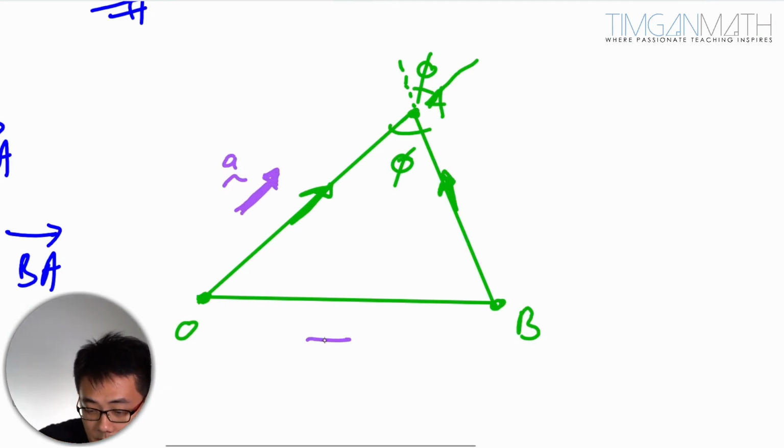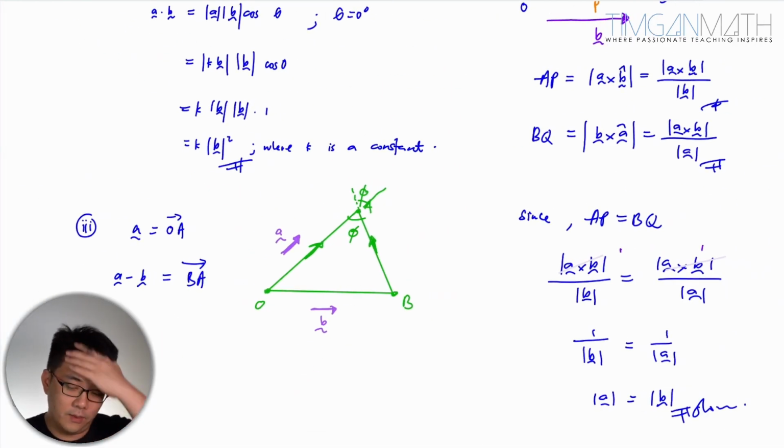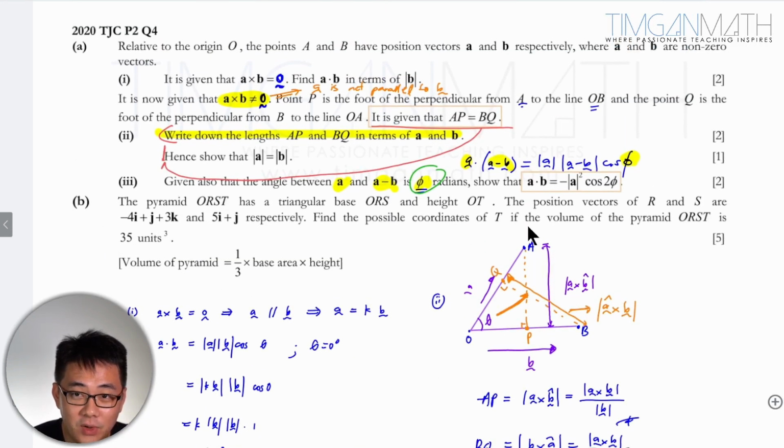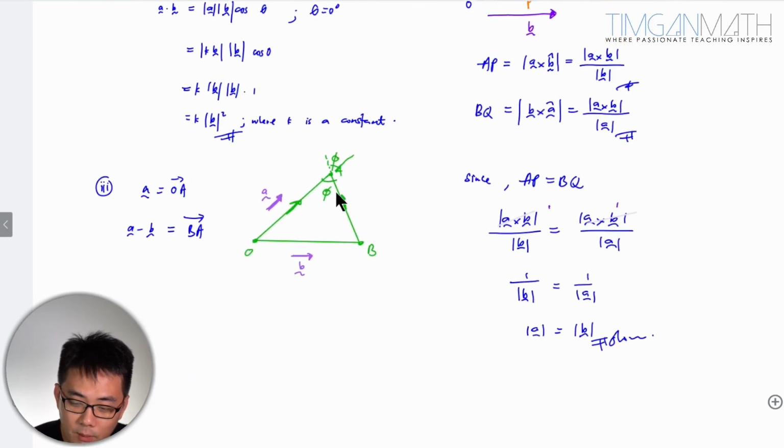Then this is B. Okay, great. So what to do next? What you do is, once you do the drawing already, the next thing is try and solve it geometrically, because you see this mod A equals mod B here. This is a goal. Because if I draw this triangle out, mod A equals mod B, instantaneously I know